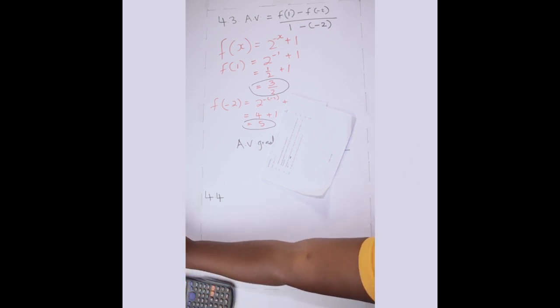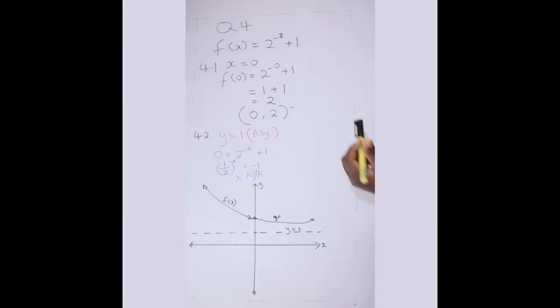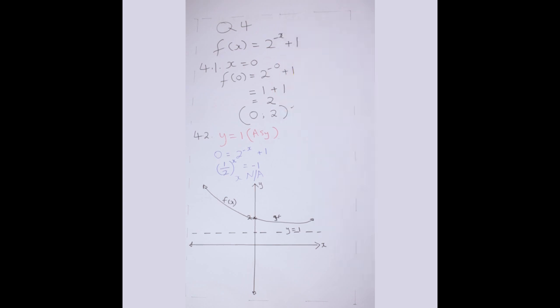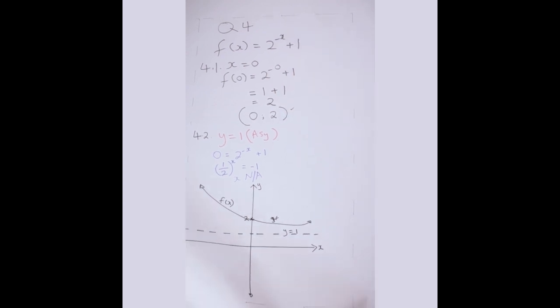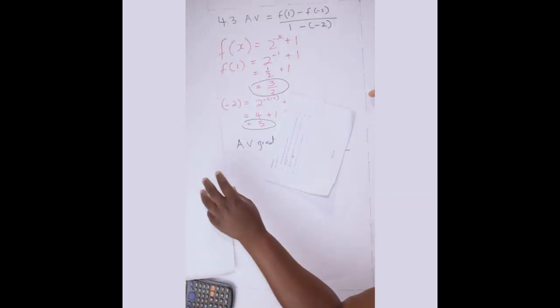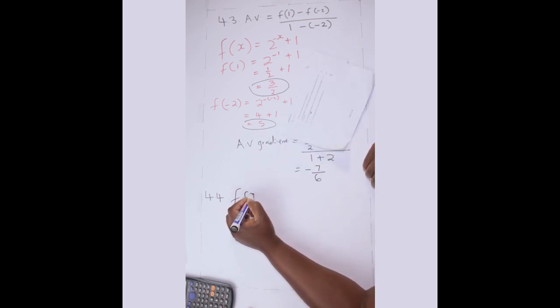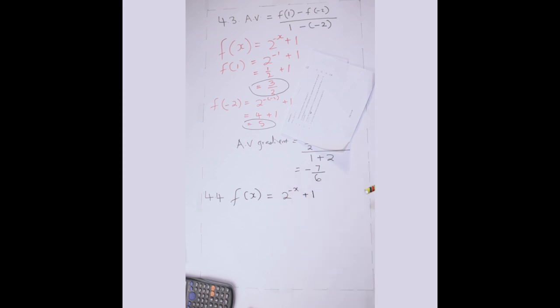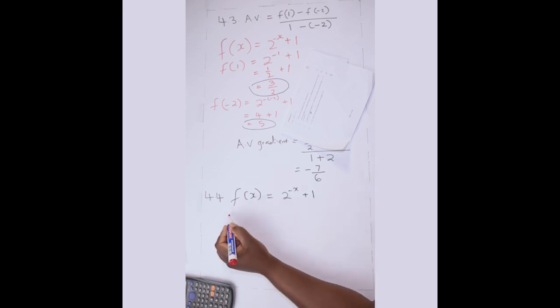Now what they mean here is that you are going to take your equation of f of x, which was f of x equals 2 to the negative x plus 1. You multiply that by a 3. So that's what we are going to do. Let's write it down so that we can see. If I had my f of x equals 2 to the negative x plus 1, and I multiply now that f of x by 3 to get h of x,